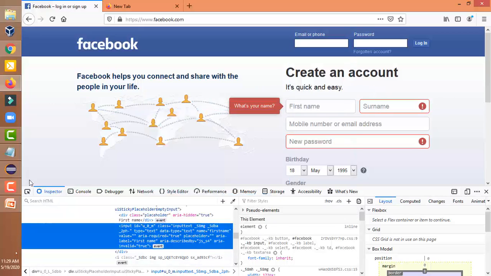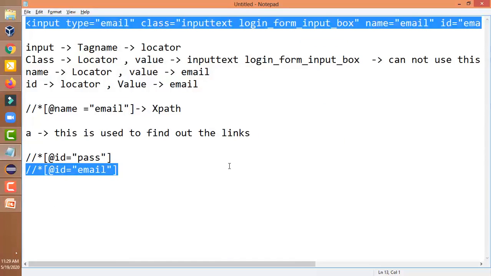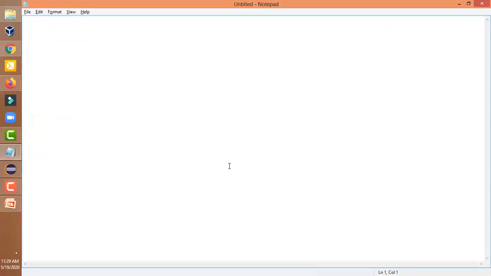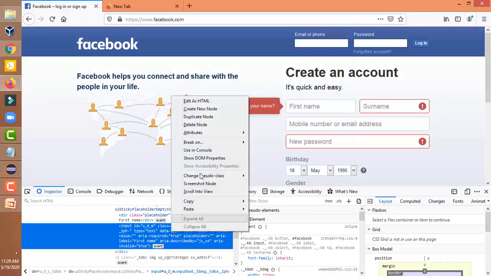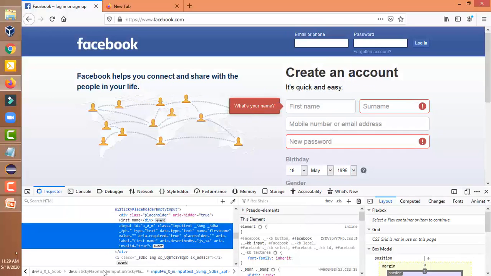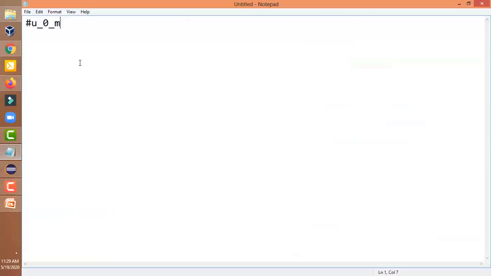Let us click on inner HTML. Let us select the CSS selector directly. So this is the CSS selector. CSS always starts from the hash sign. So copy this.